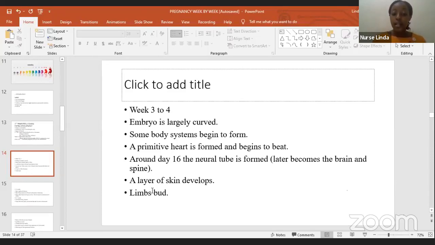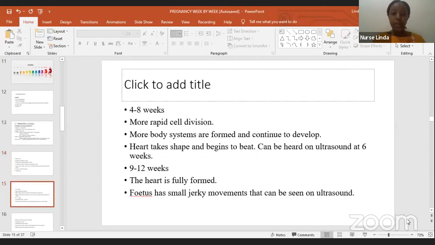If the fetus can be visualized through an ultrasound, you can see the limbs budding, and they appear like some small, do I call them pimples? Something like that, because they are very, very tiny. But I hope you can appreciate the progress that the embryo is making in development. Cell division continues in this very early stage of the pregnancy.